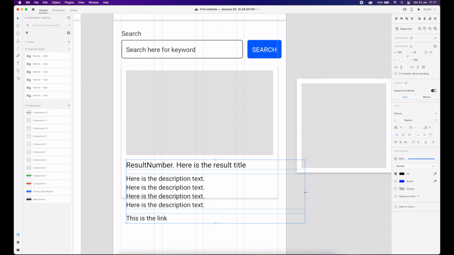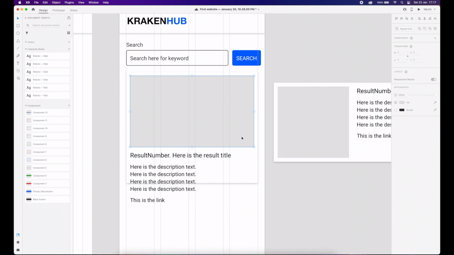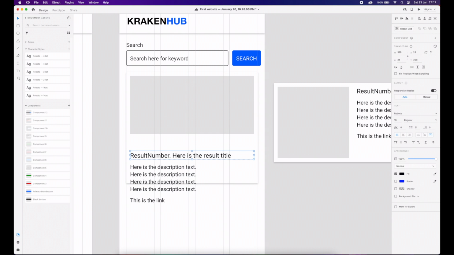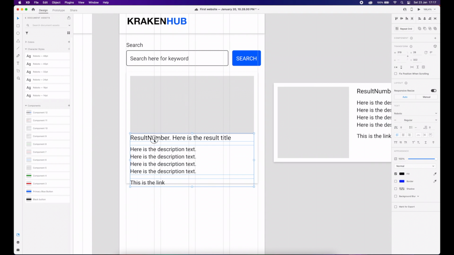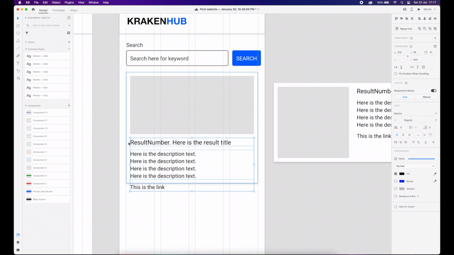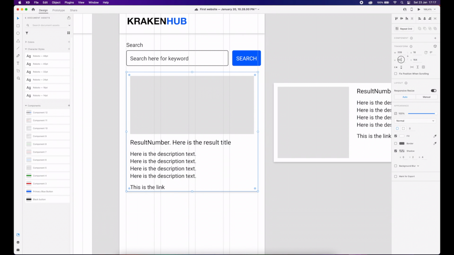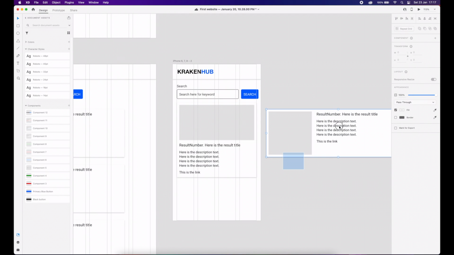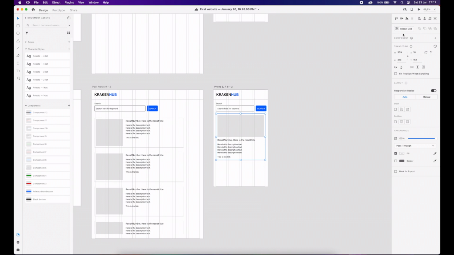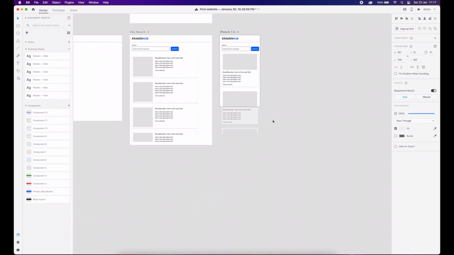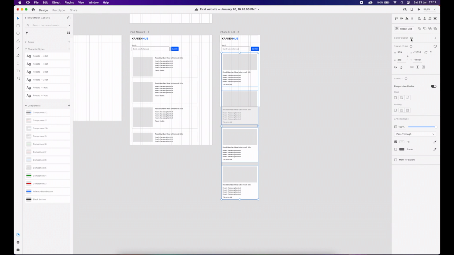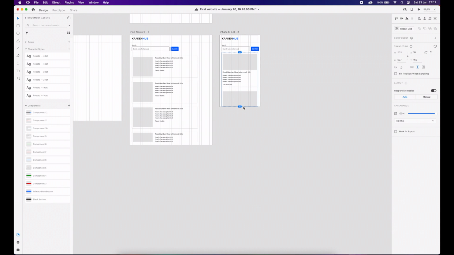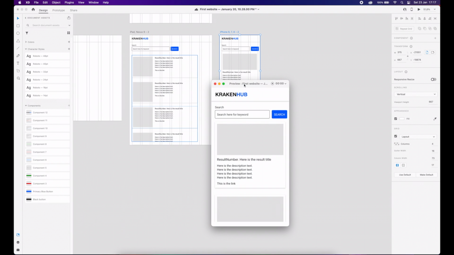We just need to change this and align it to the right side. I think the image is a little bit too much, and I'm just going to decrease the height. Maybe 150 would suffice, and I think that's great at this point. And then 10 distance. And right now I'm going to say that this is an actual result card. So it is a workable design card. We're going to repeat this grid and make it like this, ungroup, and then make it a scrollable content. So right now we have